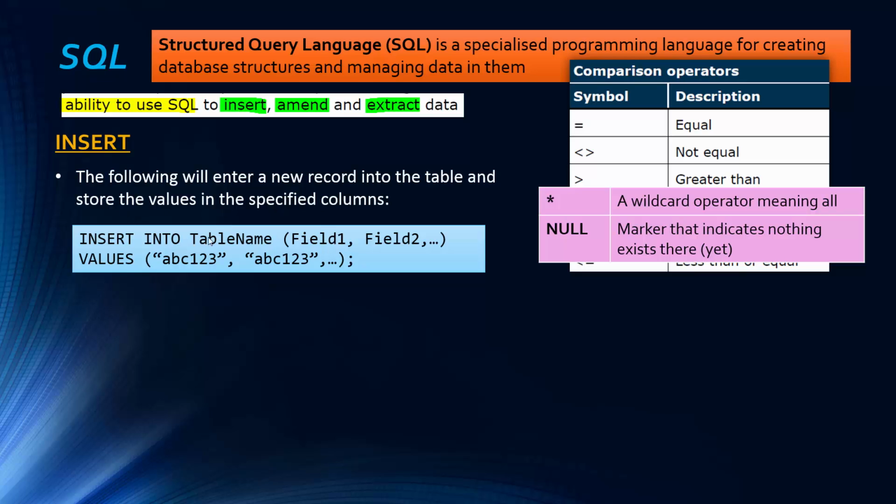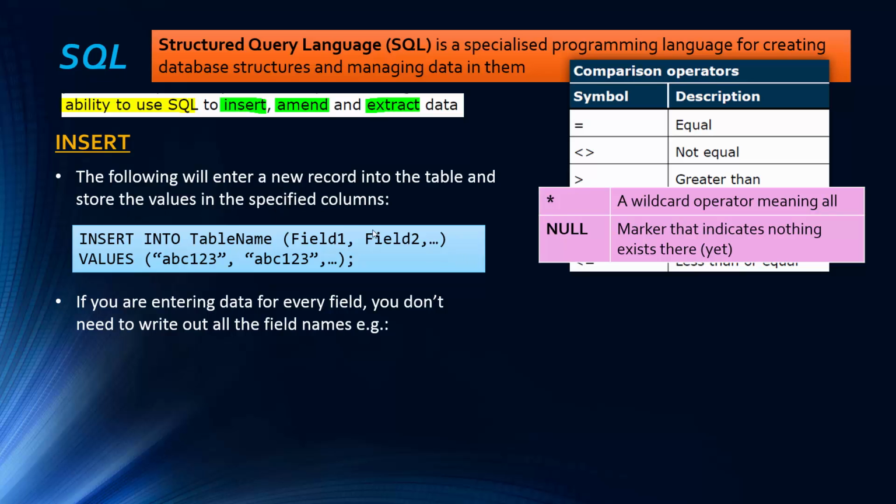This is our table name, so we're inserting into this table these values in these fields, and this is just trying to show that you can go on, obviously. These are our fields, our columns, and these are the values that are going to go into the rows, if you want to think of it like that. They're done with quotes. You can have a single quote instead of a double quote, and you write your values, so this value goes into this field, this value goes into this field, and so on if we added more fields and values along.